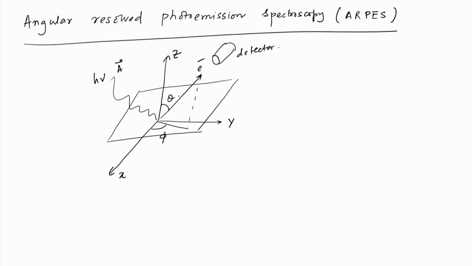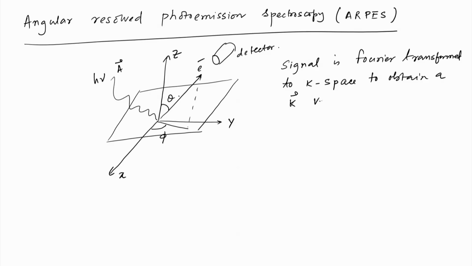And if we can do that, then we see the electronic density of states, which is obtained from a peak in the single particle density of states. So, it basically scans or detects the single particle electronic states. This signal is Fourier transformed to K space to obtain a K versus E plot, which is nothing but the density of states, where the photo emission intensity is given by,